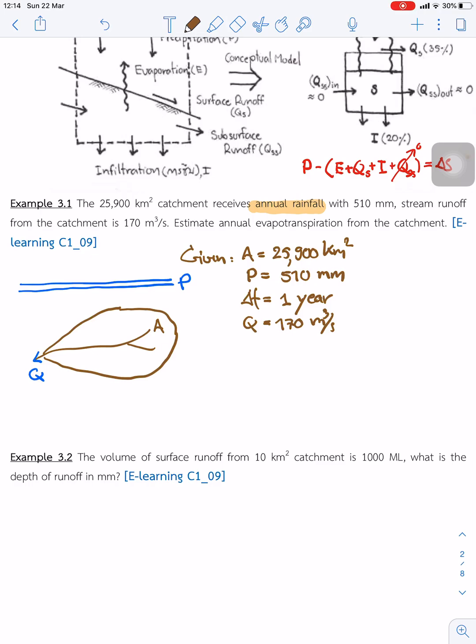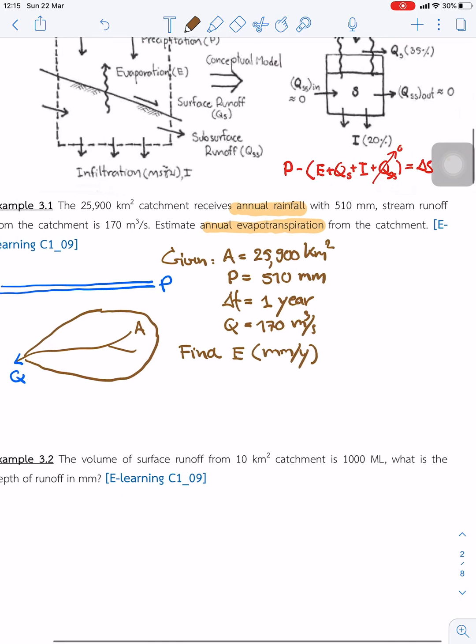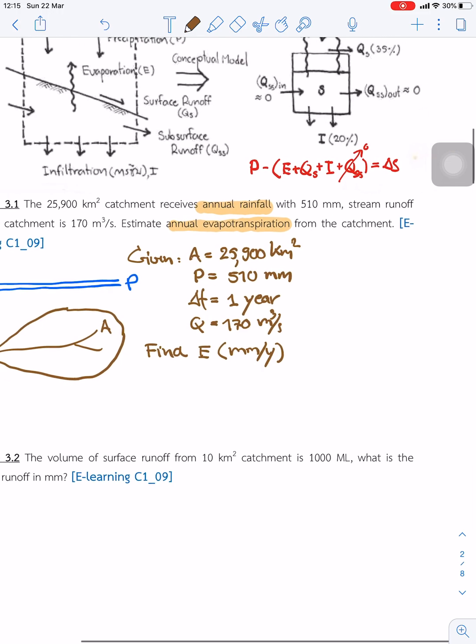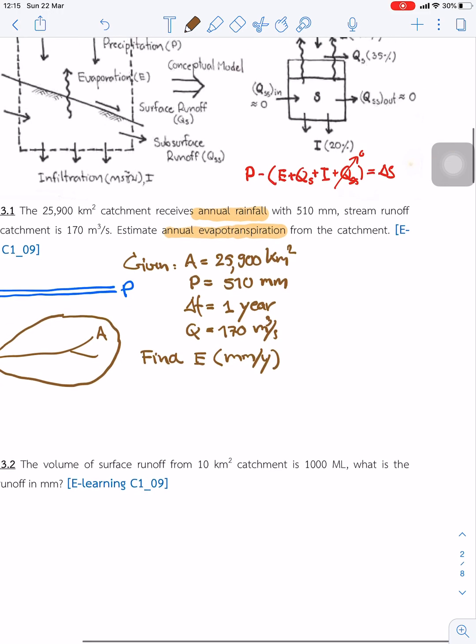Estimate the annual evaporation. So the question we want to find is what is the evaporation in terms of millimeters per year. Okay, because it is annual evaporation or transpiration from the catchment. Based on the given information, we can start to write the